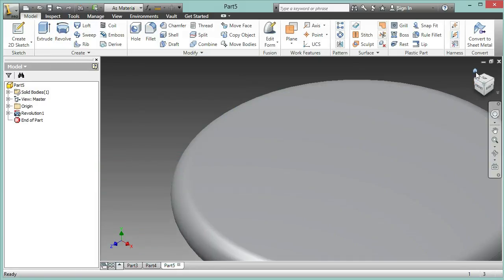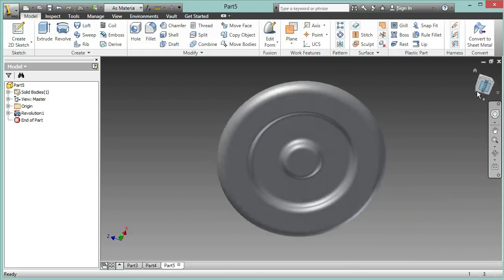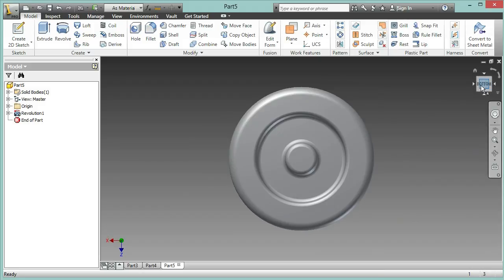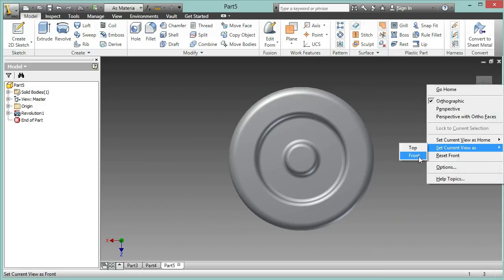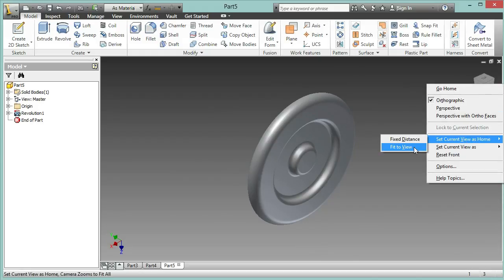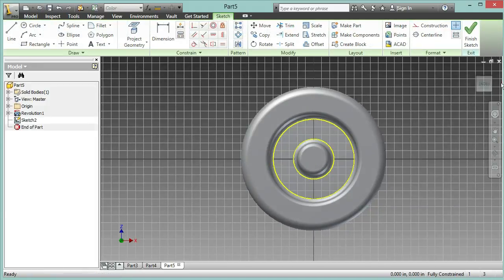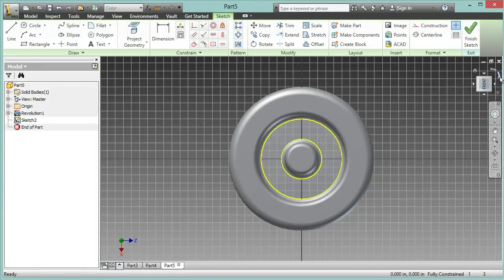So now I have a wheel, but the view is a bit messed up, so it's now the bottom view. I'll set this as my front, and I'll set this view as my home and fit it to view. Create a new sketch right on that face that I just selected,